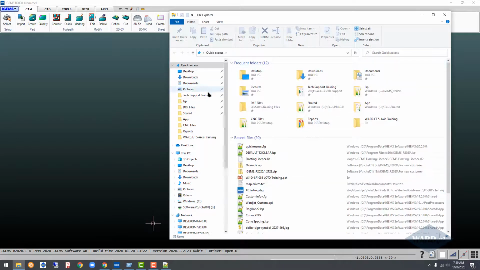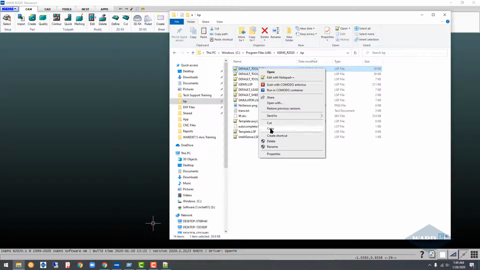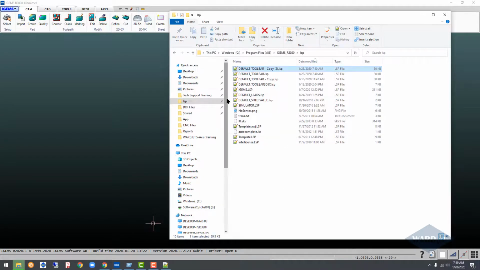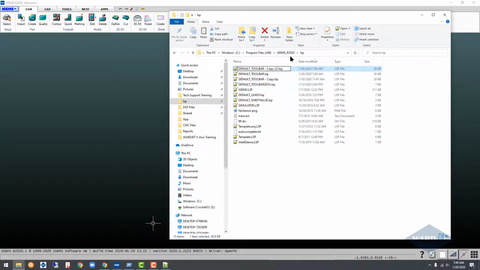So finally, once you've got everything the way you like it on your customized toolbars, you should make backups of that. If we go one final time back into our Lisp area here, I can sort by modified. Here's the one that I just made. Here's our original backup copy. I'm going to make a copy of this and paste it in there. And I'm going to rename this just so I know later which one is which. We'll go to rename, and I'm just going to call this